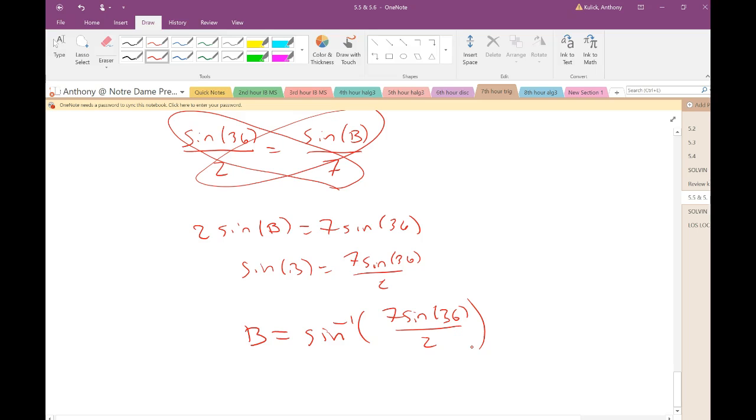What mode should my calculator be in to do this? It should be in degree mode. And when I do that, I get